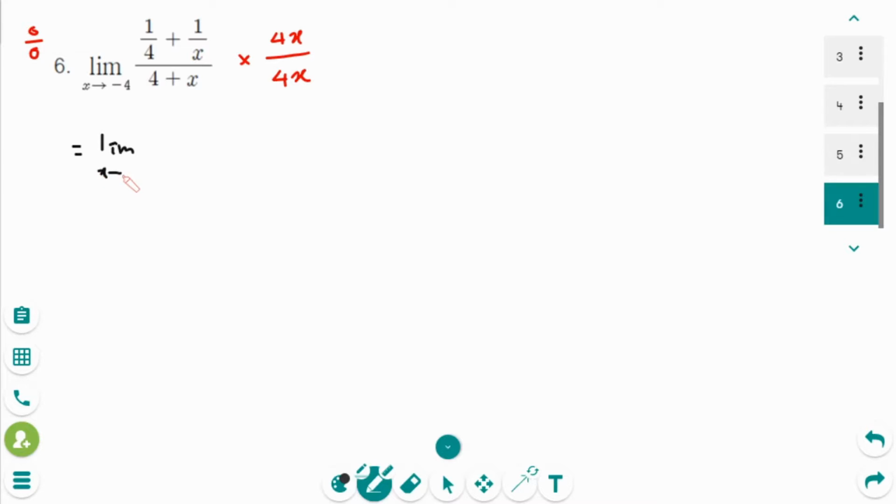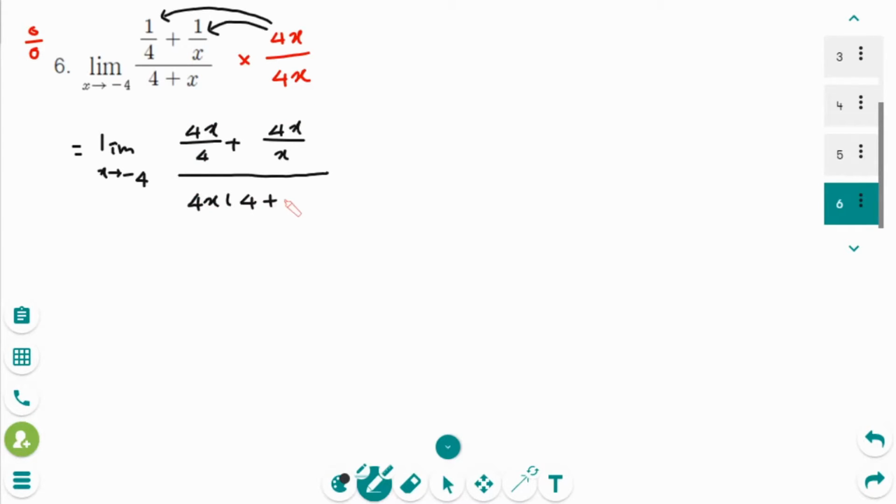The limit becomes, expand the numerator,